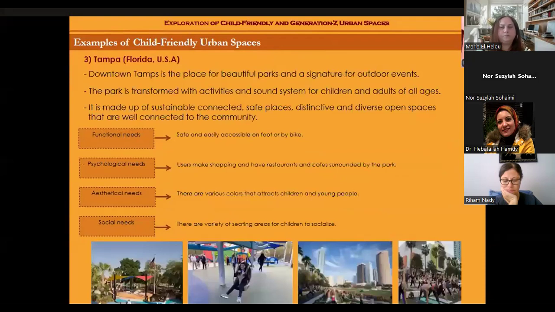There are also other examples, such as Tampa in Florida in USA. It is a place for outdoor events, and this park is transformed with activities and a sound system for children and adults of all ages. It is made up of sustainable, connected, safe places, distinctive and diverse open spaces that are well connected